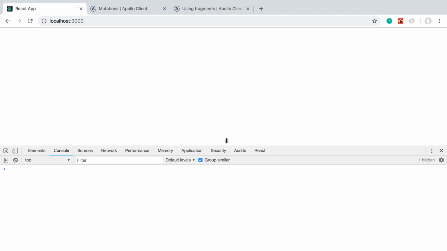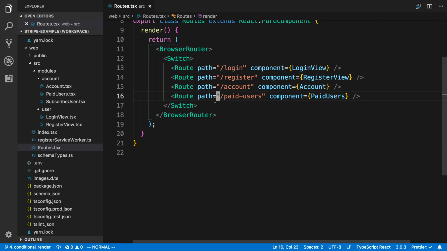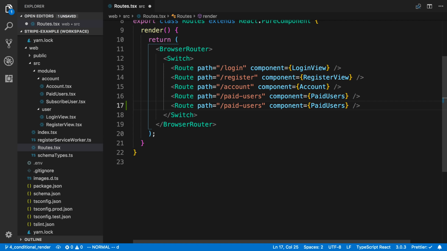So I'm going to be adding a navbar or a header to the top of this application. That way we can easily navigate between different pages, and also take a look at how this integrates with React Router and also Apollo. To do this, I want to first start off by actually having a home page, or at least something rendering on this page. So to be able to do that, I'm just going to create a new route